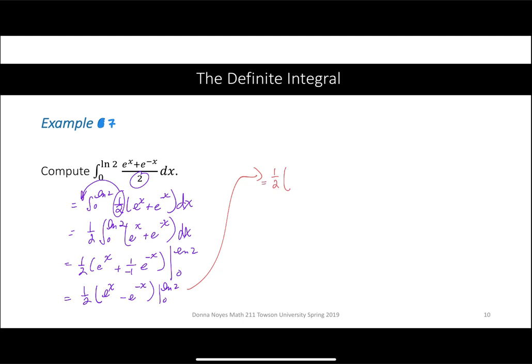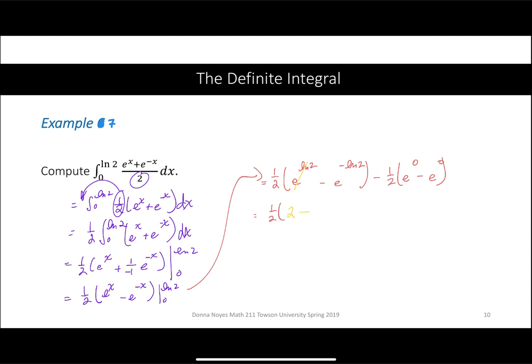Well, let's plug in natural log of 2. E to the natural log of 2. Yeah, I think that sounds a little weird, but it's okay. You'll see why in a moment why we wanted these natural logs. And e to the negative natural log of 2. Minus 1/2 times e to the 0 minus e to the negative 0 is still 0. So what happens here is we have 1/2, but e to the natural log cancels out and we're left with 2,